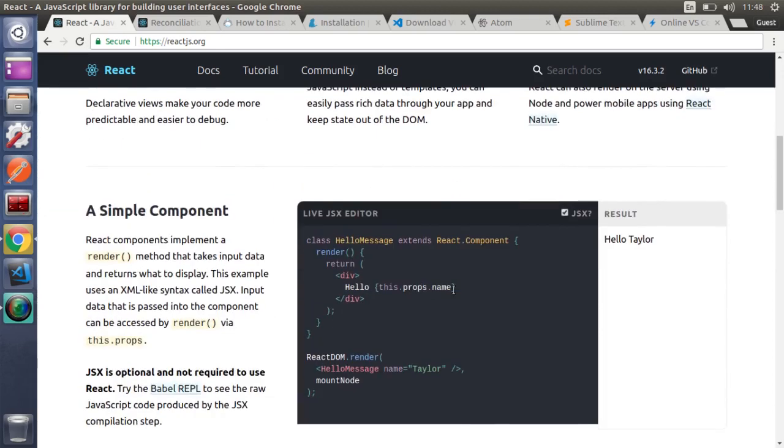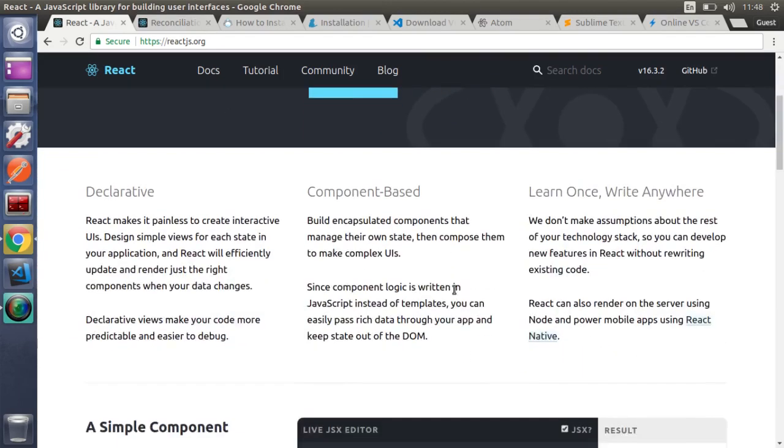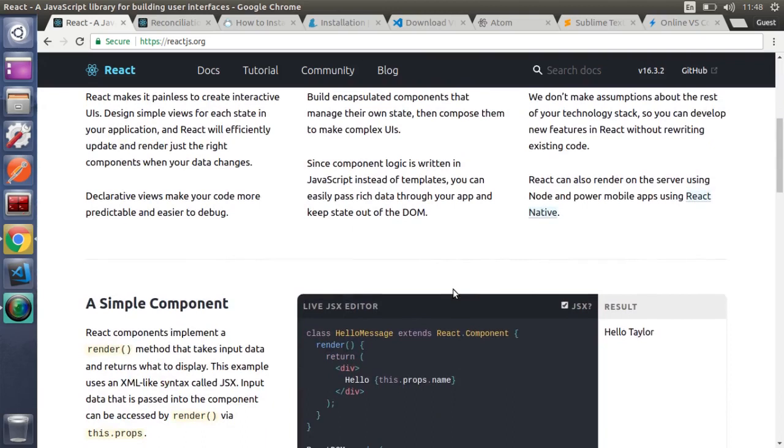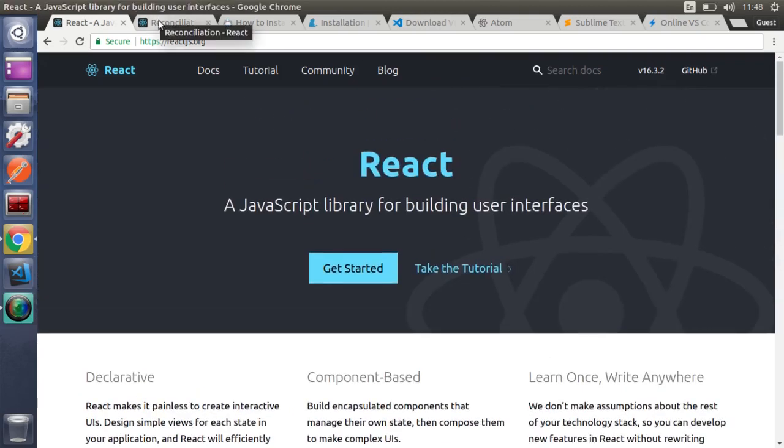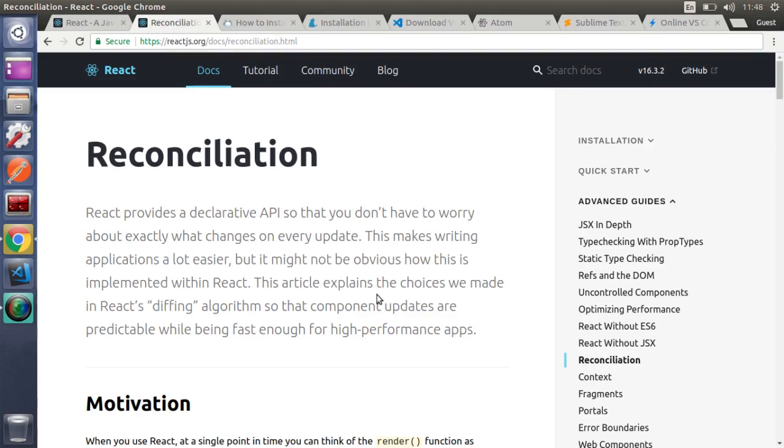I don't want to get too deep into all the things that React entails, but I quickly want to talk about one of the reasons why React is so fast. It has to do with the way they update the DOM. The DOM is the document object model. Every web page has this document object model that's used to render the things on the display. Now, the way React handles updates to the DOM is